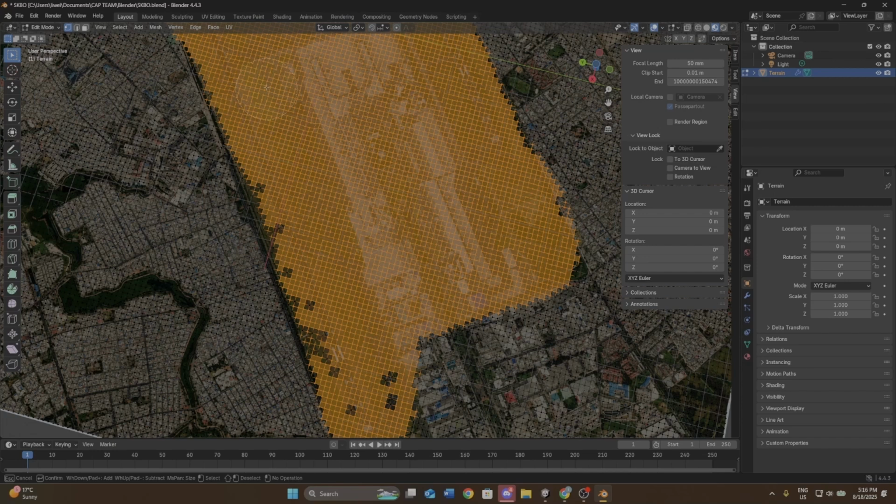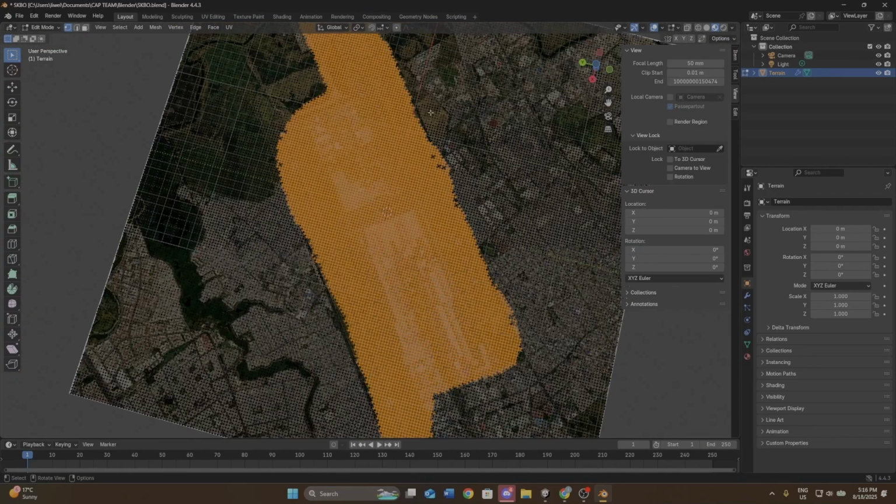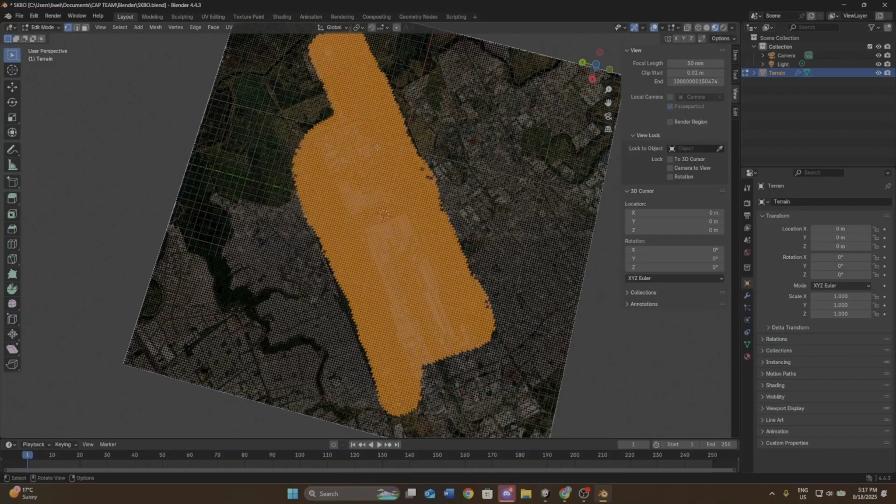But okay, now we've chosen a different view over here. It has been successfully selected. Okay, now there we go. We have selected all the vertices over the airport area. And now all you have to do is